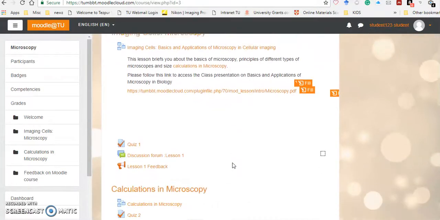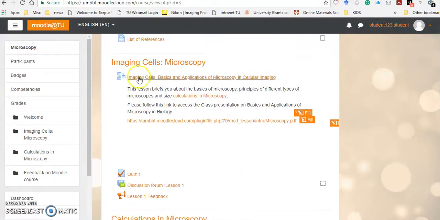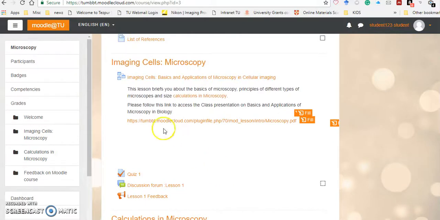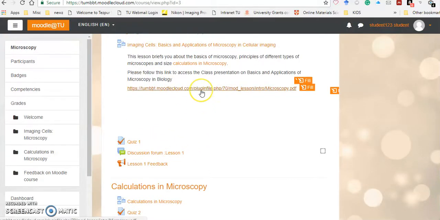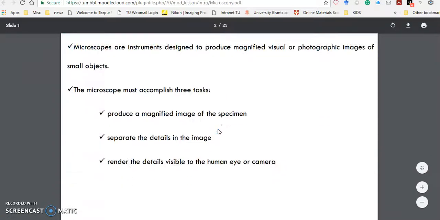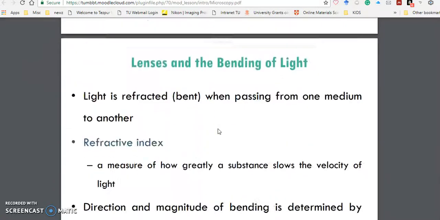Now in this, you come across two lessons, imaging cells and calculations in microscopy. In the first lesson, the resources have been provided in the form of a PowerPoint presentation, which you can click and open in a new window. So this will give you a detailed PowerPoint presentation that tells you about the basics of light microscopy,